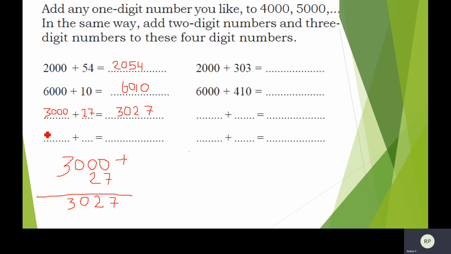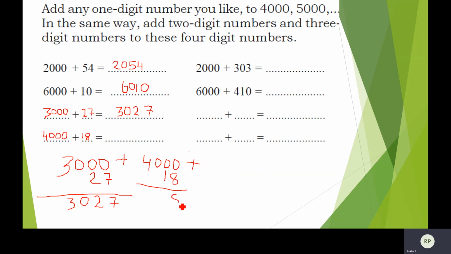Okay, so I am going for 4000 here. So 4000 plus 18. Let's see. So 4000 plus 80. Okay, so this also again I am repeating place, a very important, please understand. So 8 is at ones place and 1 is at tens place. So you have to write it in that manner.